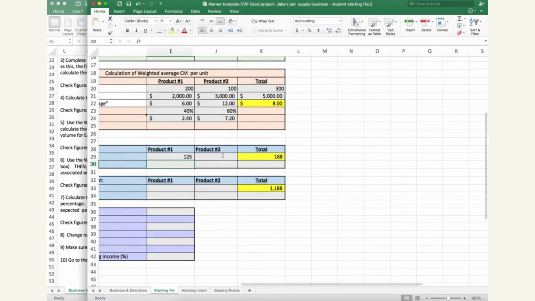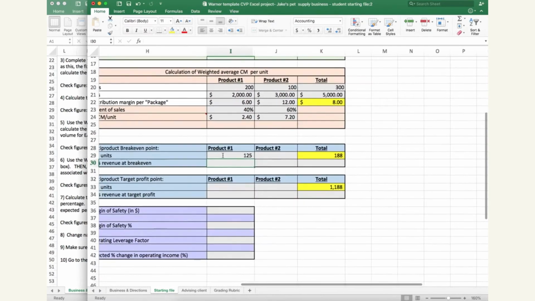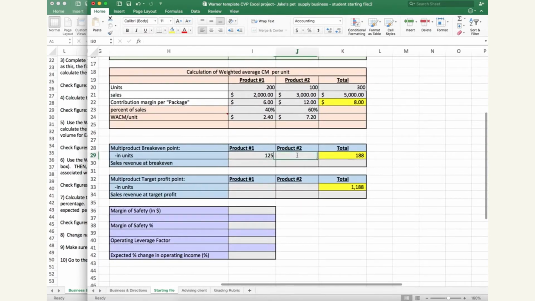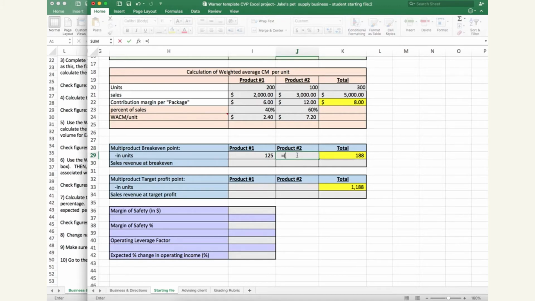That's 125 units of the first item, and likewise we have to make this one be 1/3 of the total, 188. And I tell you what, there we go, 63 units of the